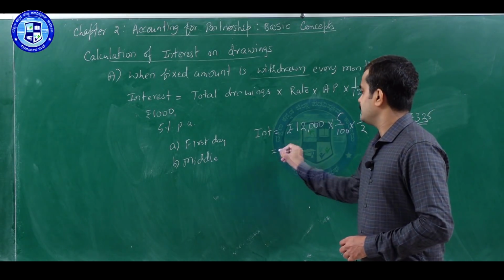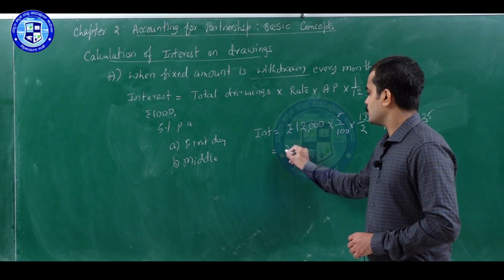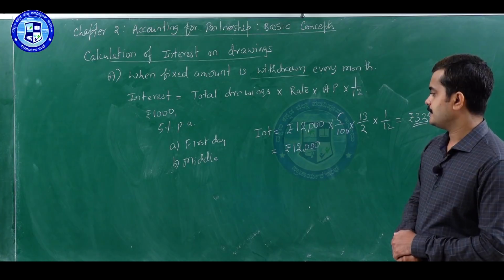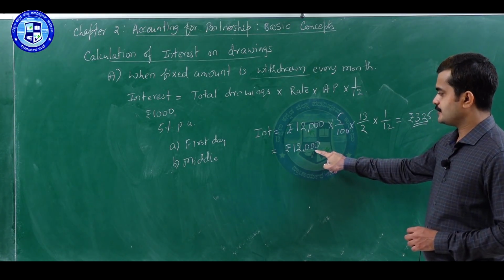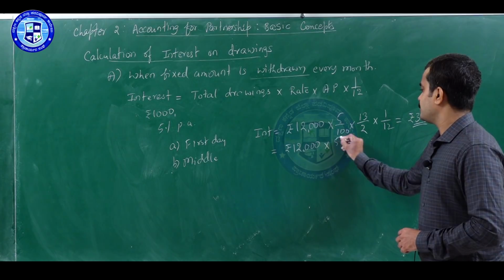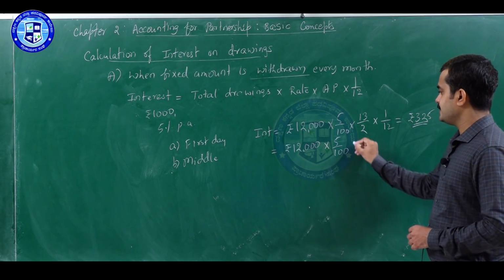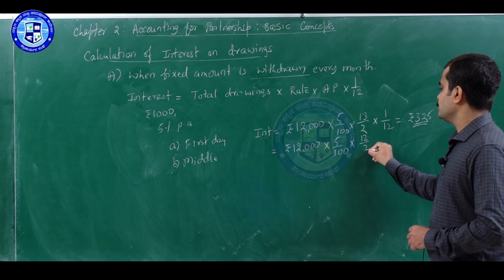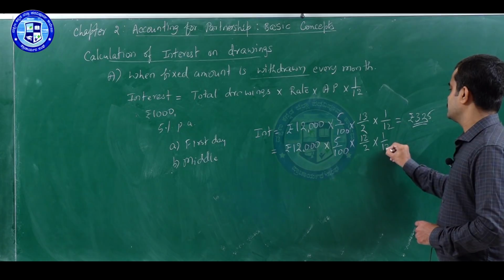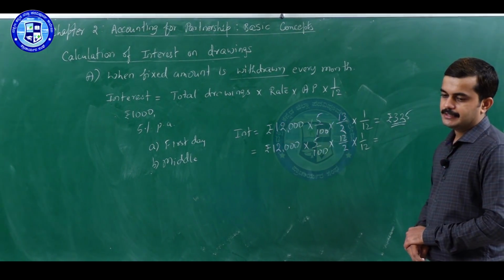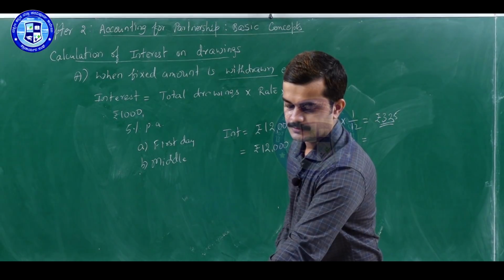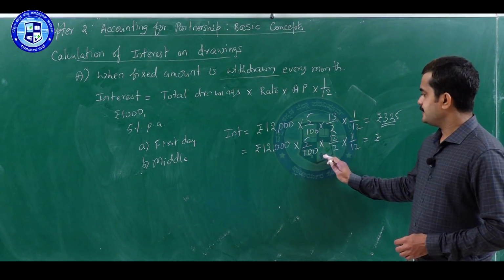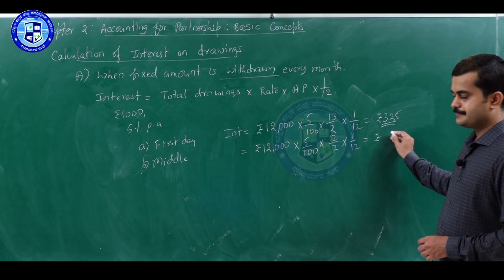then interest on drawings will be total drawings, here also rupees 12,000, every month 1000, total months 12, so 12,000 into rate of interest 5 by 100. Now, the average period will be 12 by 2 into 1 by 12, and the amount will come to rupees